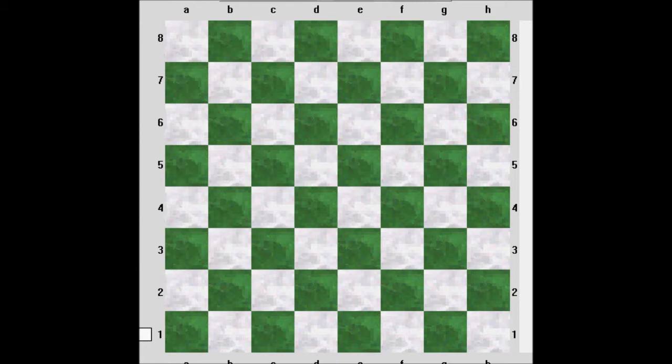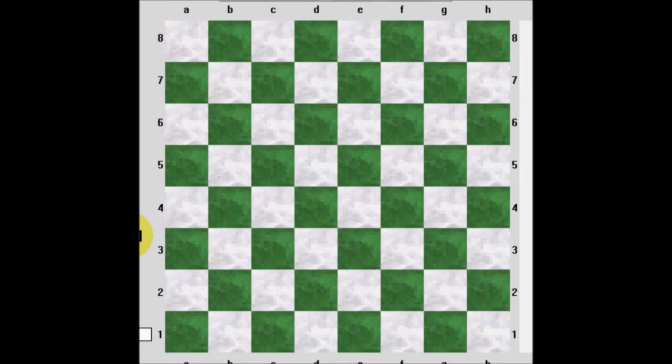And they are algebraic notation, a way of writing down the moves that we use in chess, and also the clock. That is how you restrict a player's amount of time to think in a game. Okay, so first things first, notation. Now, in chess, when playing serious games, and it also helps when studying games, we have a thing called